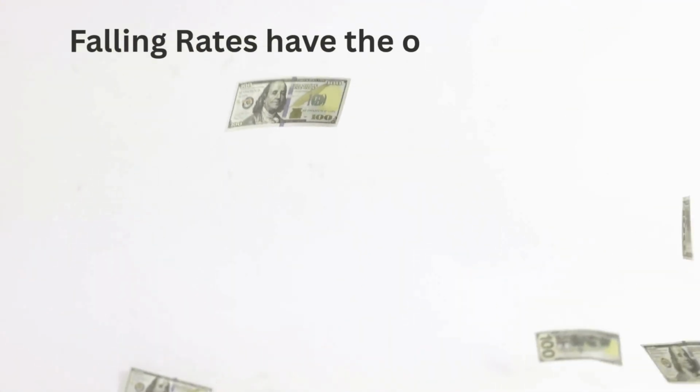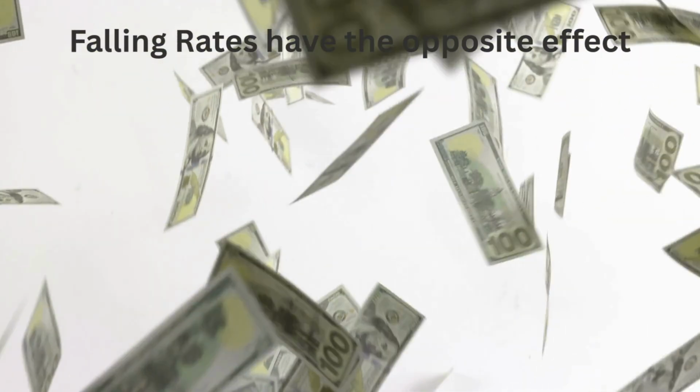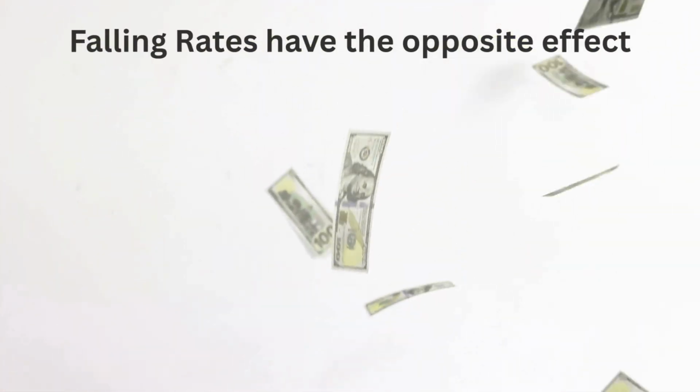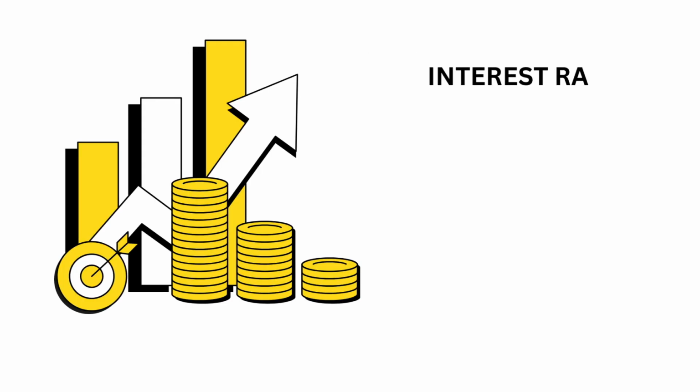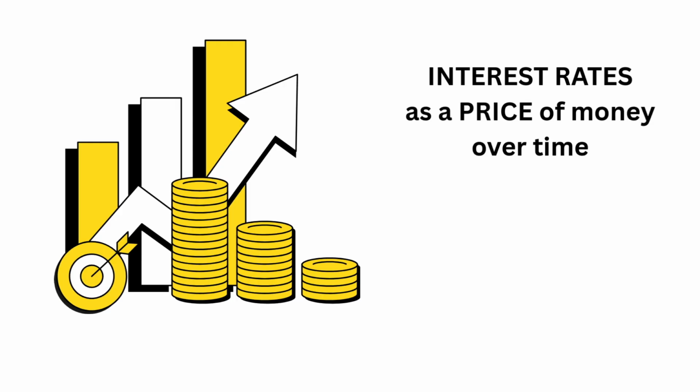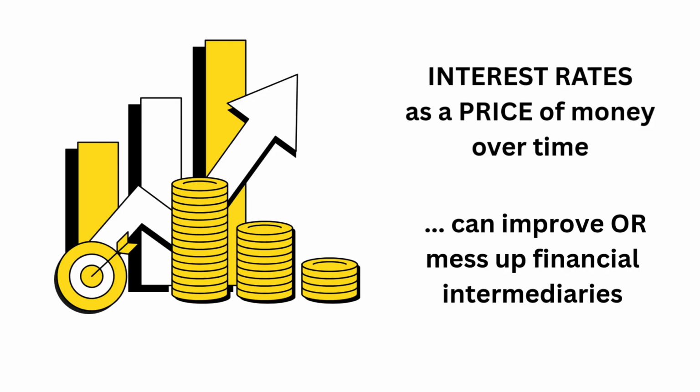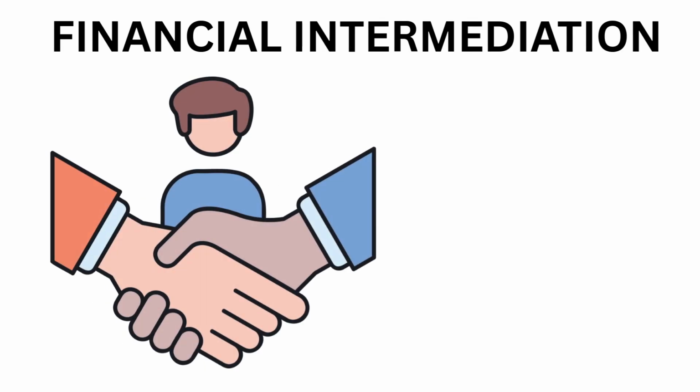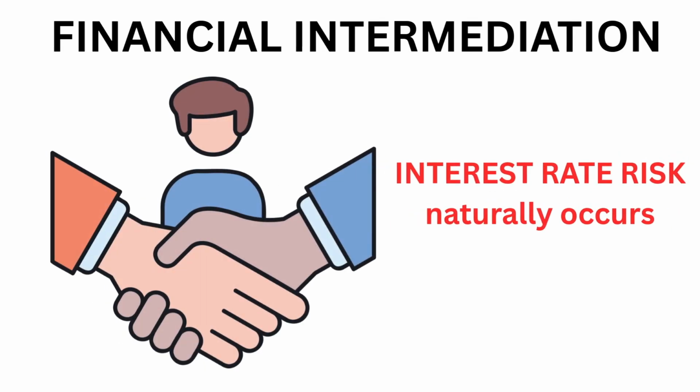Of course, when interest rates fall, the opposite happens. While asset value should go up because of repricing, reinvestment income declines, so there might be earning dips even when asset values go up. The point is that because interest rates are the prices of money over time, changing them changes the value of everything built on money. Therefore, this can either improve or mess up the business of financial intermediation since prices can become volatile. Thus, we need to talk about the concept of financial intermediation, where people, companies, and banks and financial intermediaries interact, and why these interest rate risks arise in the first place.